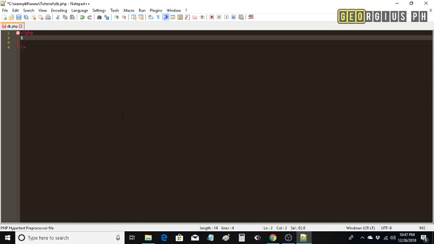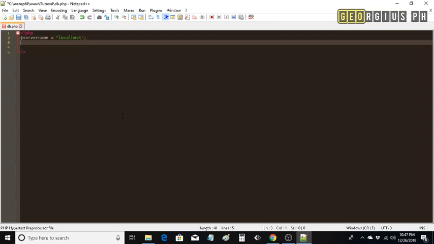So on the top we create 3 variables, called server name equals to, and then we will name it localhost. So my default host name,